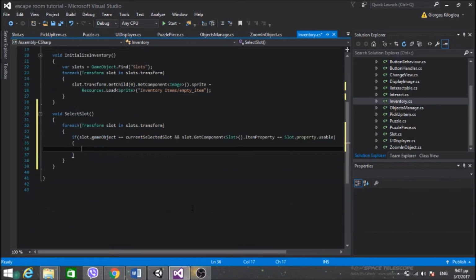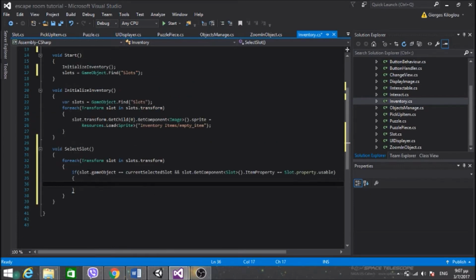So if the current slot that I'm iterating is the current selected slot and if it's usable, then I'm